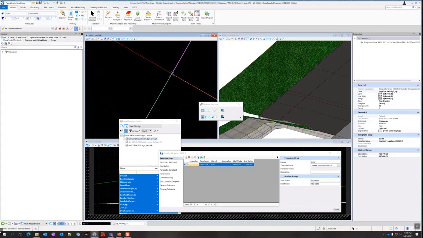Of course, this is snapped to this location. So the better solution might be to just manually type it in. So since I have corridor objects open, I can just come over here and change the 40.00 to 40.01. And there we go.